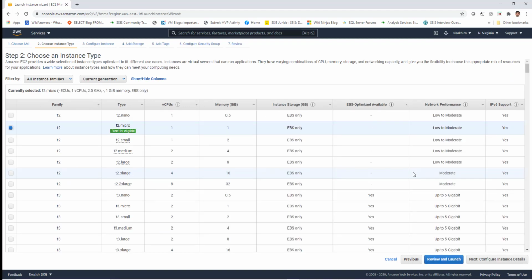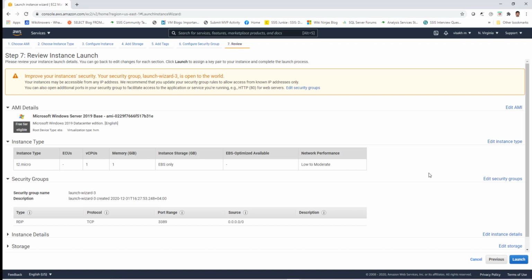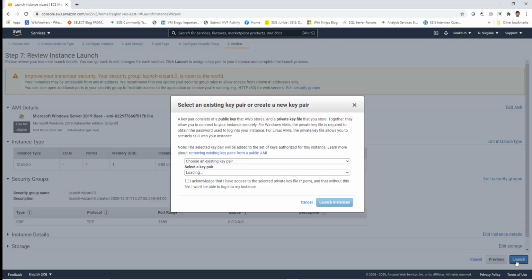and it will give you the different options, of which you can choose the micro option, which is a part of the free tier. You can click on review and launch, and then it will give you the details of the instance that you are going to create, the security groups associated with, all the other details. Click on the launch button on it so as to actually launch the creation,